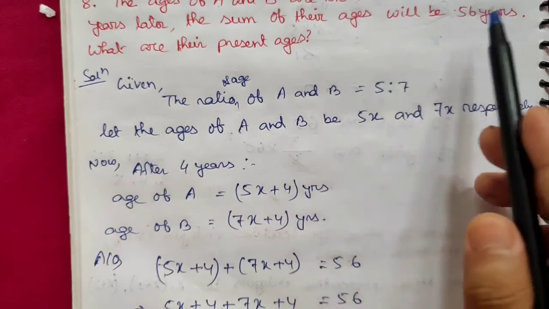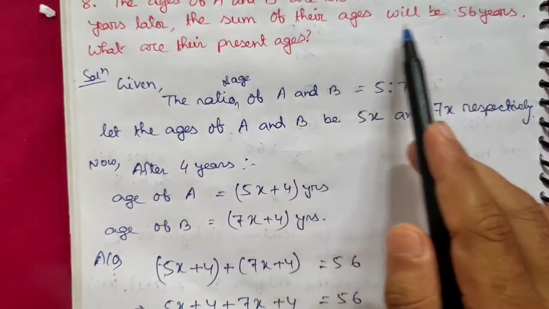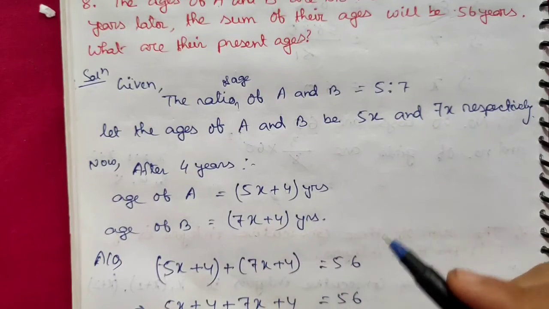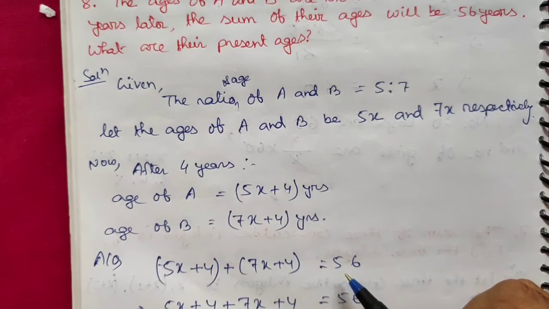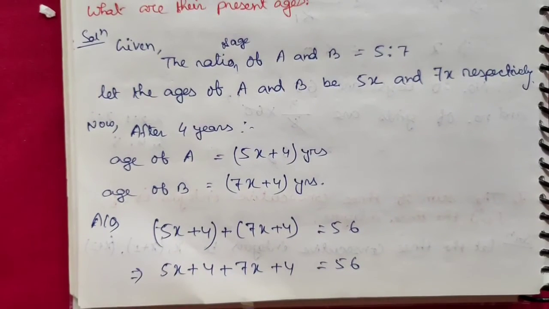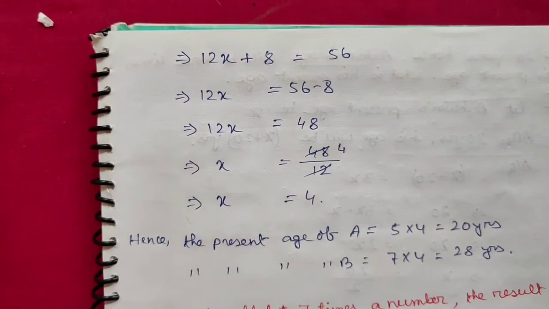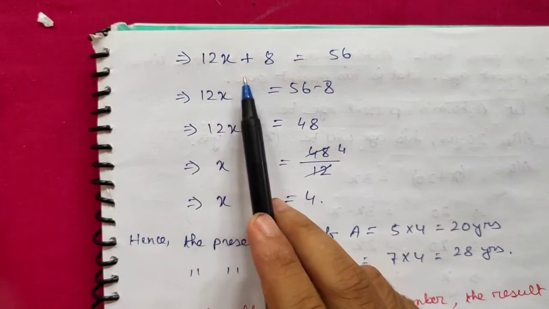Now 4 years later the sum of their ages will be 56. Sum means plus. That means after 4 years if we add their ages, the result will be 56. So we add their ages, (5x plus 4) plus (7x plus 4) equals 56. Then we remove the brackets: 5x plus 4 plus 7x plus 4 equals 56. 5x plus 7x is 12x, and 4 plus 4 is